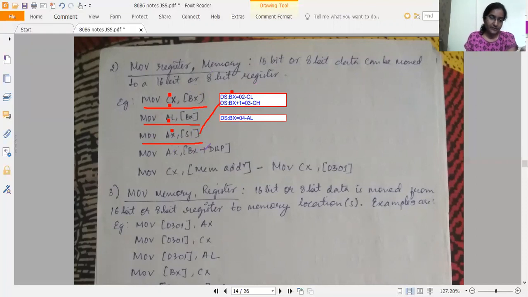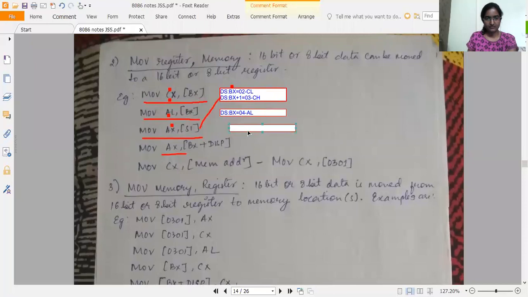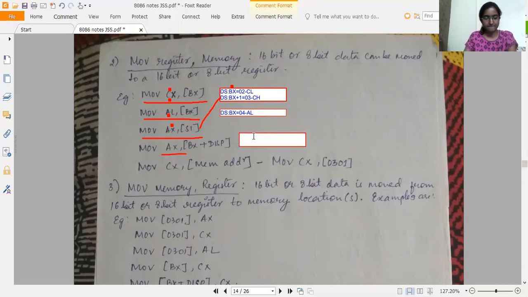Next example, MOV AX, [BX plus displacement]. How can you represent this? Let me tell you. Which is the pointer register?